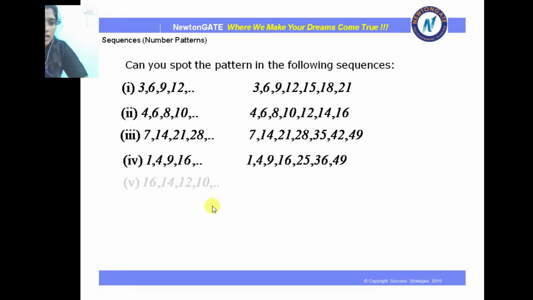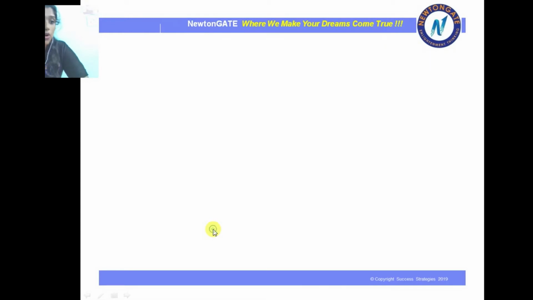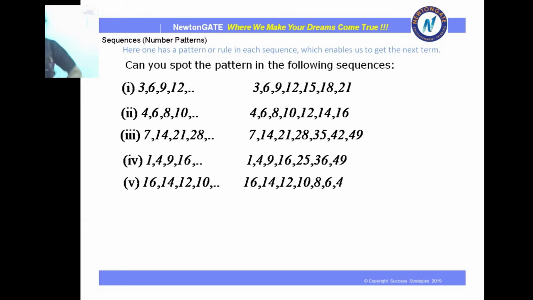As you can see, all of them are sequences because each follows a particular pattern. There is a pattern or rule in each sequence. We have done this in our lower classes as well. Some terms are given, we see what it is saying, we see the rule, and then we carry forward. This is called the sequence. A sequence is a pattern which follows a rule. The pattern can be anything, but it has to have a rule, and only then it is a sequence.